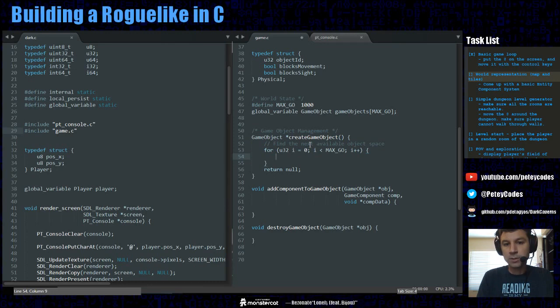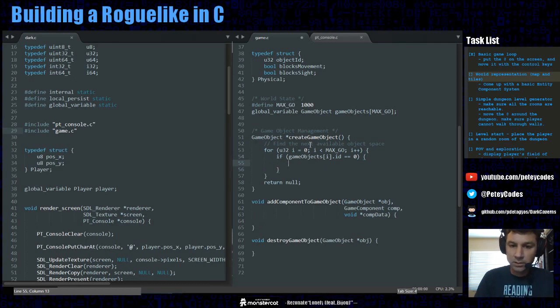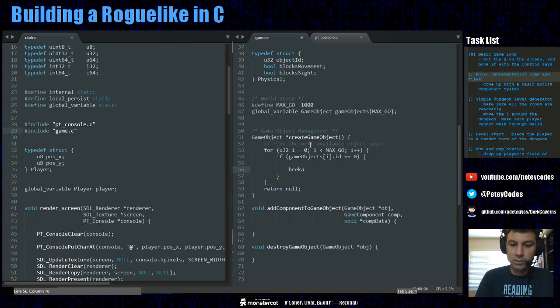So look in our game objects list. So if game objects at the index, if the ID is 0, then we're done. We found an open slot. So definitely what we're going to do is want to break out of our for loop. And let's